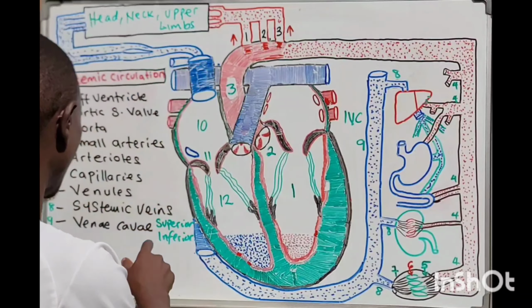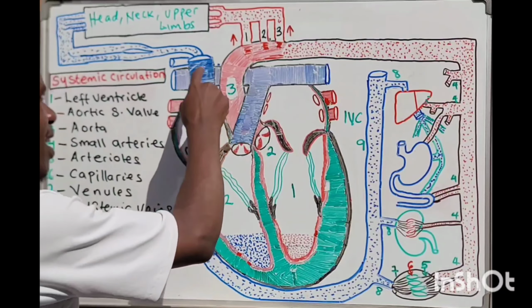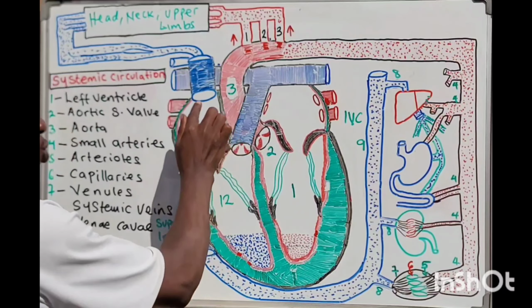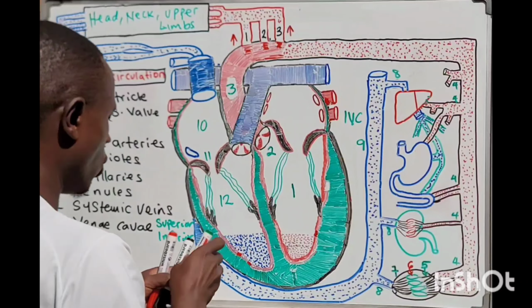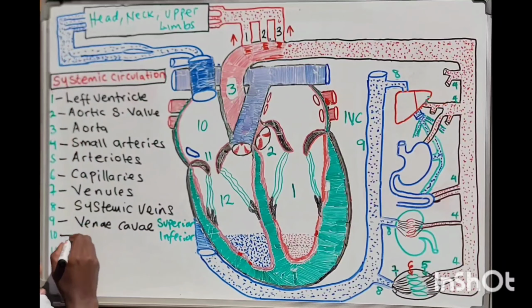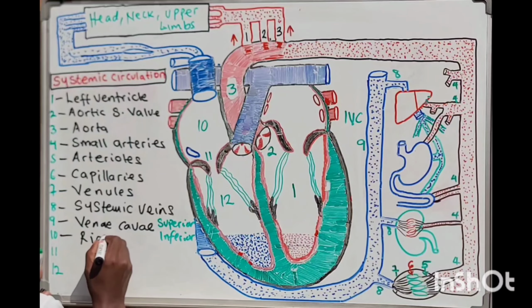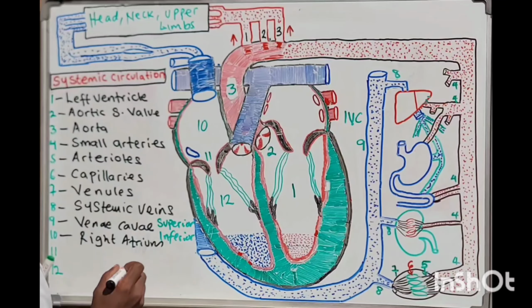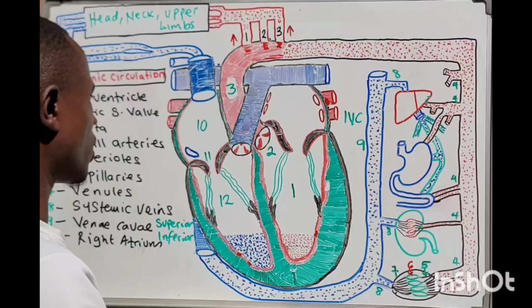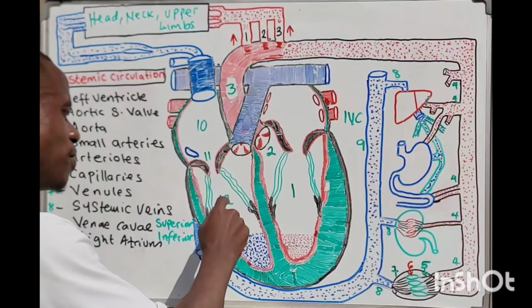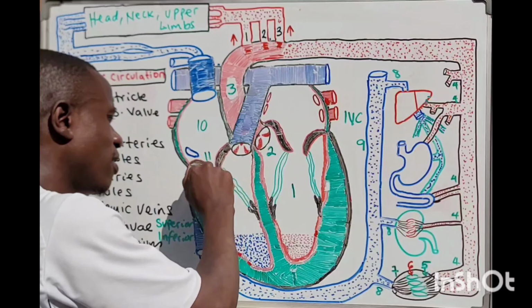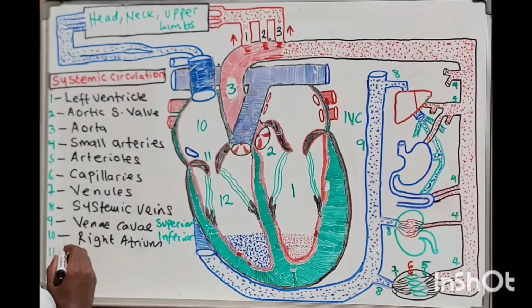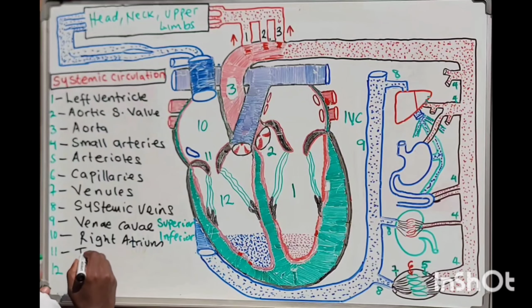So after that, we're going to have our step number 10, the superior vena cava and inferior vena cava, dropping the blood into chamber number 10, which we are calling the right atrium. Of course, the right atrium will allow the blood to move down after opening of the valve, which you are calling the tricuspid valve. So our step number 11 is the